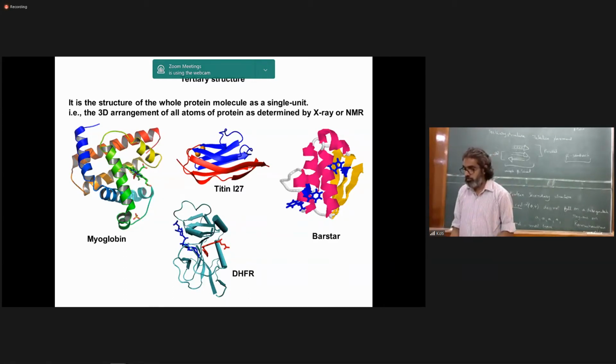There was a question. Yes, Sumant. For the loops, is it the primary structure of the amino acids? No. The entire protein structure is a primary sequence, which is basically the sequence of amino acids from the N-terminus to the C-terminus. Only the amino acids or peptide elements which are forming these loops sometimes don't have any fixed geometry. It means that they don't have a fixed phi and psi. That's all.